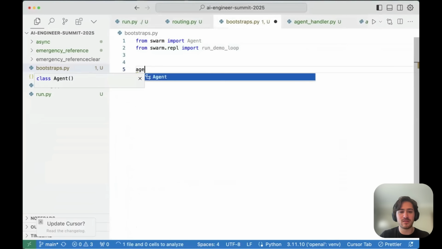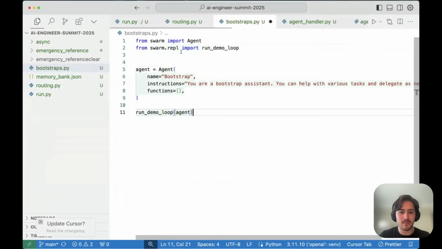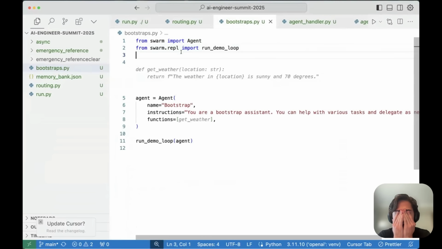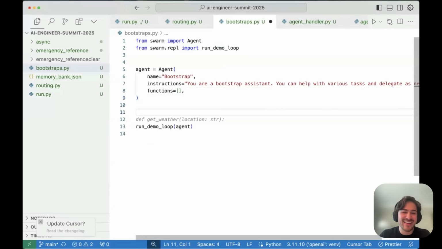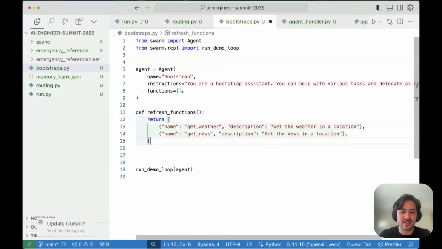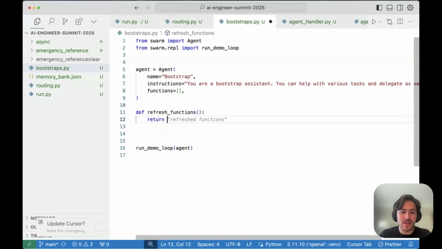So Agent is this one. We want it to write its own functions. So maybe we can have it hand off to itself. So we can do, like, refresh functions. So we can actually return the same agent.